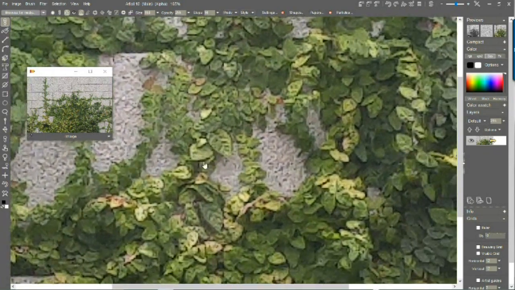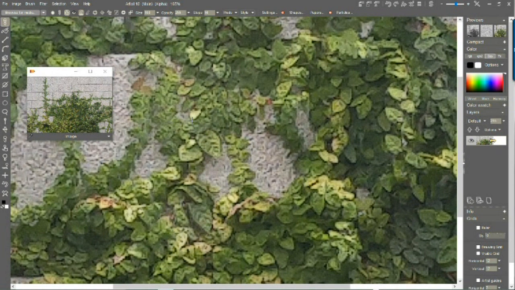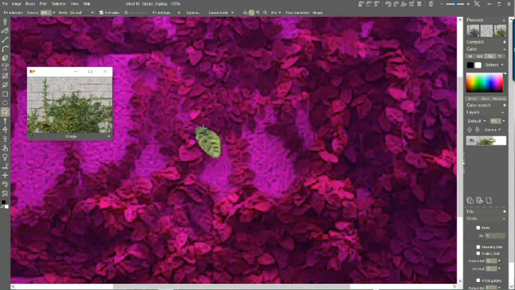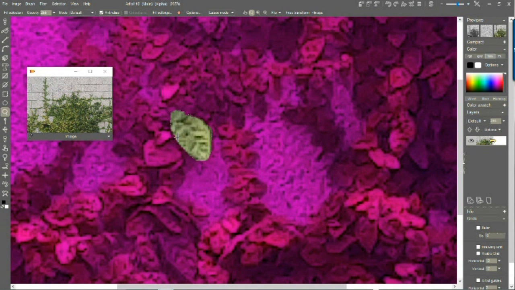So let's first look at the alternation, and what we'll do is we'll just pick one of these leaves. And again, these are not very high resolution or high quality, and you might want to take some close-ups a little bit closer. But let's just take one of those bigger leaves here, like this one or this one. Let's take the lasso tool, which we can use to simply pick up, let's say this much around like this. And so we have a leaf there that maybe we can cut away a little bit, especially with the brush